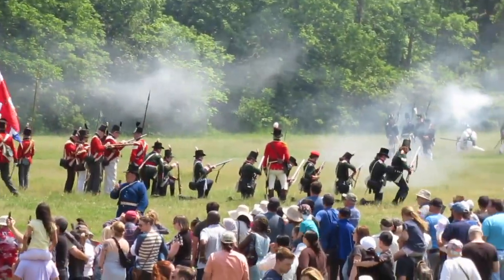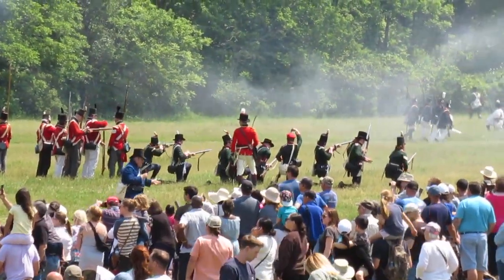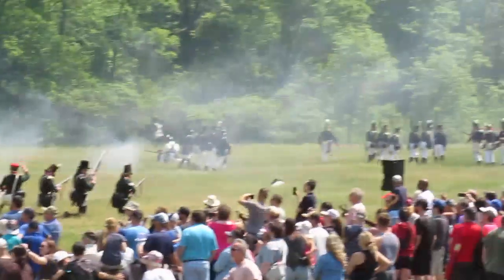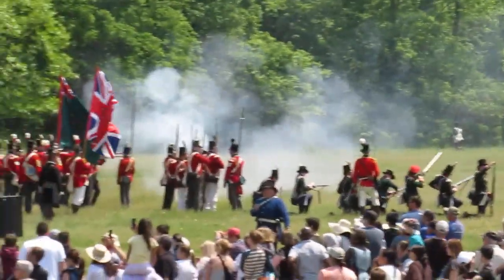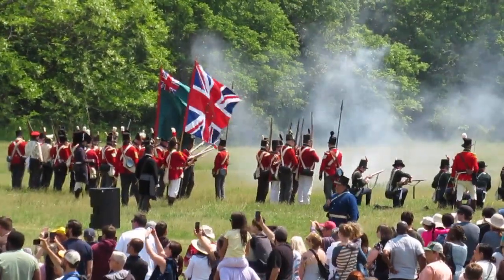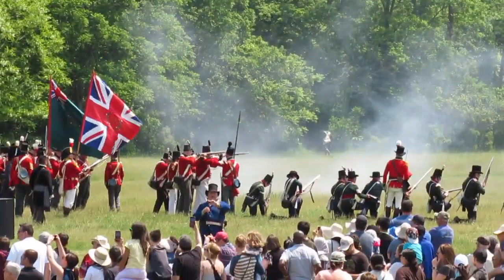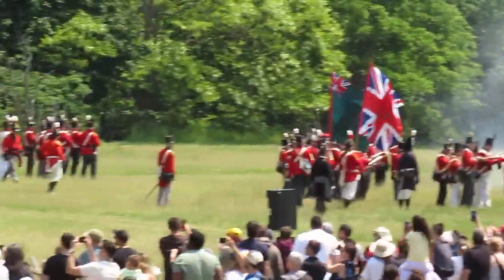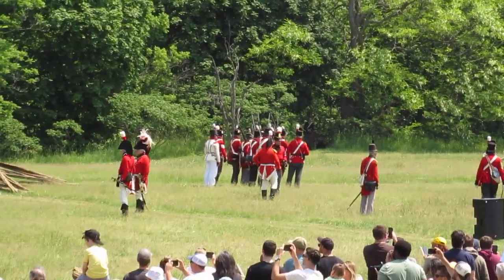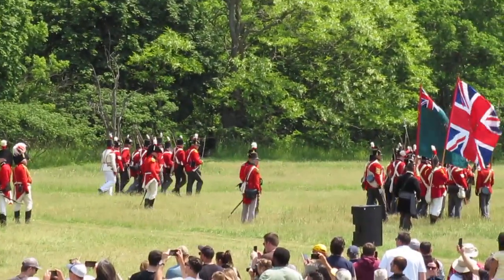Now, as the fife and drum enter the field, you guys were treated to their music earlier. They're very talented at what they're doing. But the fife and drum corps used in both armies were instrumental, pardon the pun, for communication. The fife's high-pitched tone, which you're hearing now, notice how well that cuts above the din of yelling voices and musketry. This allowed it to act almost like a walkie-talkie, the sound carrying over to communicate up and down the